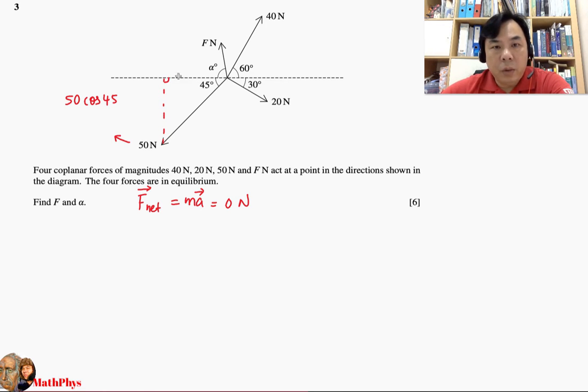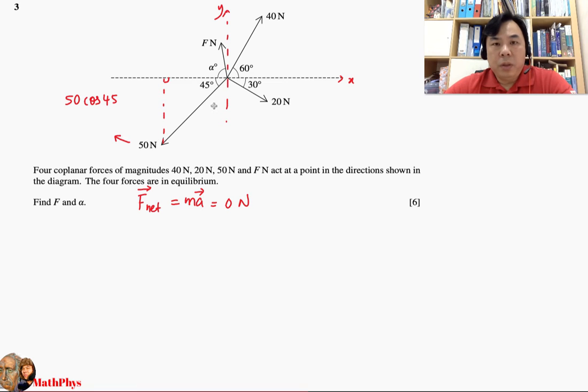Now the x component for this force 50 Newton is given by 50 cosine 45. Now if you assume that this is like your Cartesian coordinates, and then this is your y, this is your x, for instance, then therefore